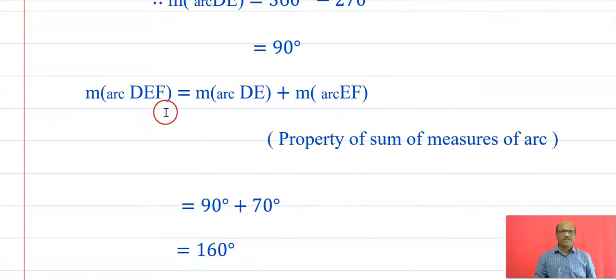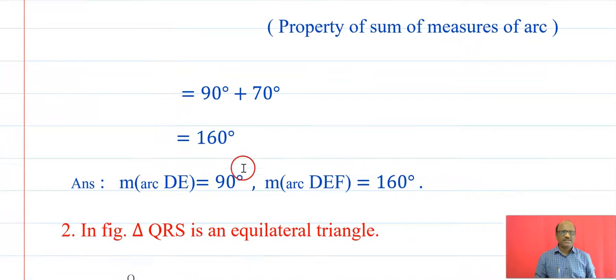Measure of arc DEF is equal to measure of arc DE plus measure of arc EF, by the property of the sum of measures of arcs. That is, DE is 90 degrees and EF is 70, and their total is 160 degrees. And that's why the measure of arc DE is equal to 90 degrees and the measure of arc DEF is equal to 160